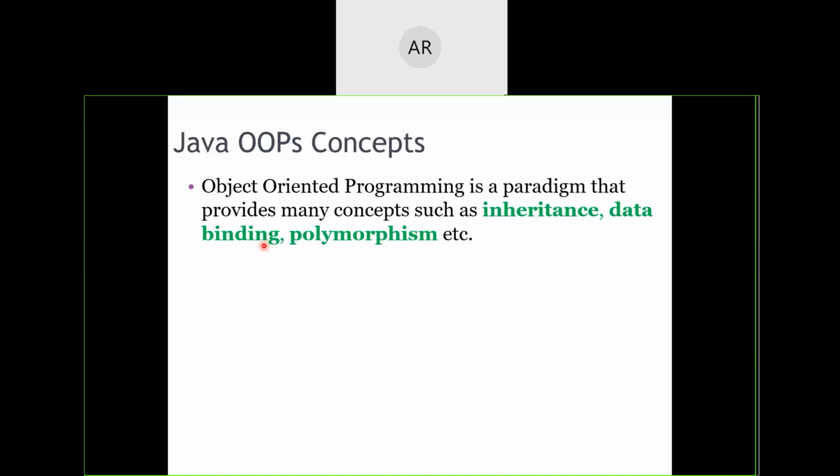We'll come to know the actual reason for going for two types of bindings when we get to the function overloading concept. Okay. Now the third concept which will come up mostly is polymorphism. Polymorphism means the ability of anything to appear in one or more forms, to perform one or two activities.